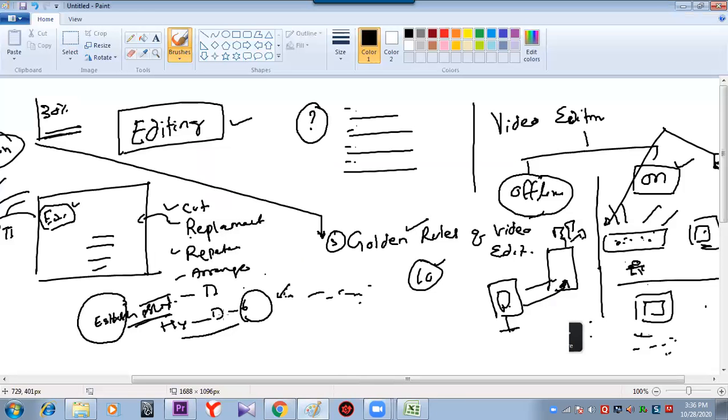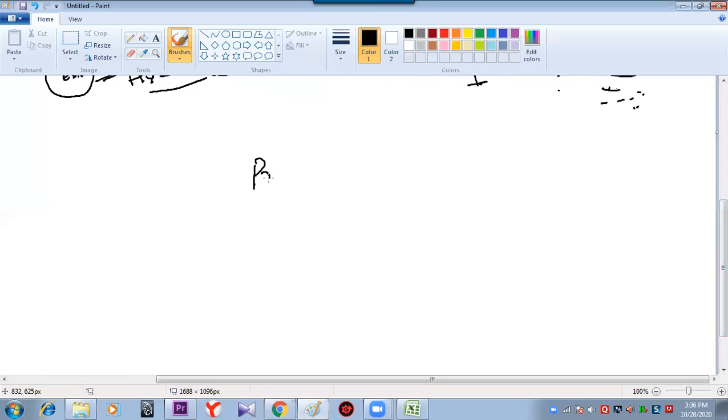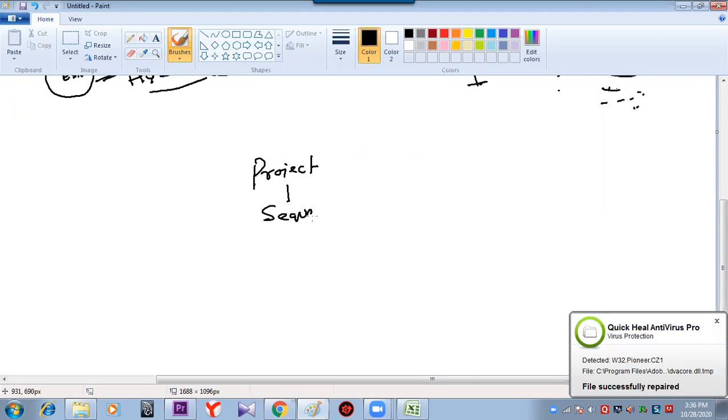So from the broadest to the narrowest, a film is a project, and a project consists of sequences. A sequence is a combination of shots, and a shot may be a single frame or a number of frames, and a frame is an image.